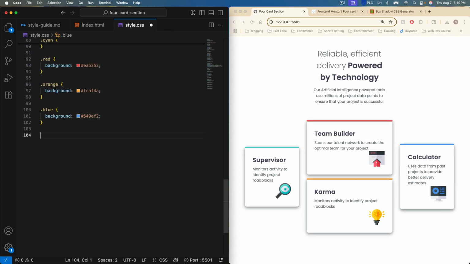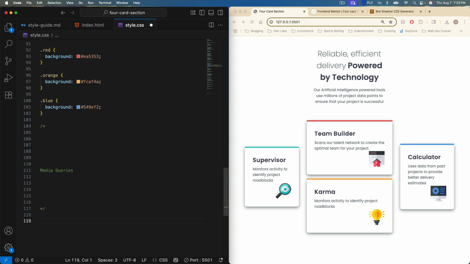So I'm going to go down here and make a comment below our desktop code. I'm going to label this area media queries. So I like to use max width for my media query. So let's go down here. We're going to say at